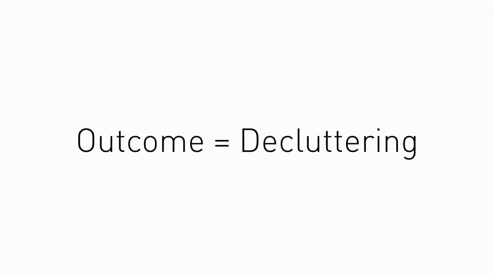This is something you've seen in lots of versions everywhere out there, right? I don't know that you can do minimalism or something like it without having a decluttering process. But the core idea here is our outcome is going to be decluttering. And it can be decluttering in any number of things. Decluttering your role as a leader, decluttering a relationship you might have with someone, decluttering a project and the priorities